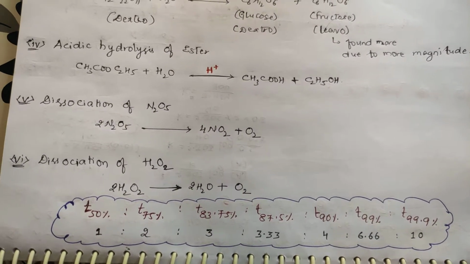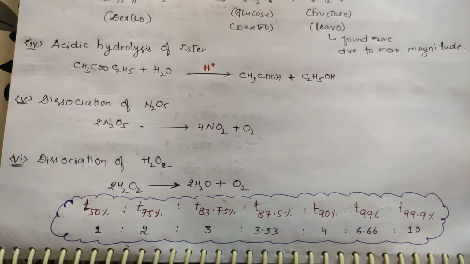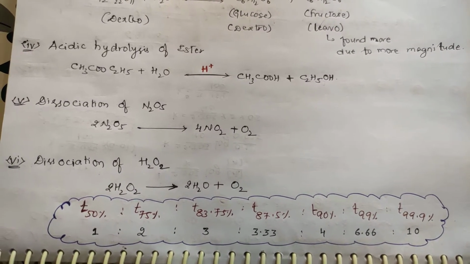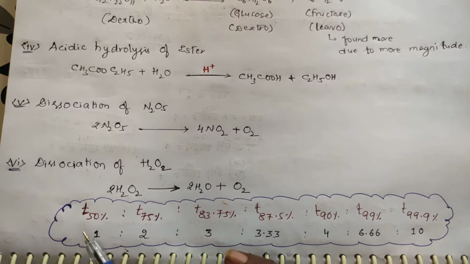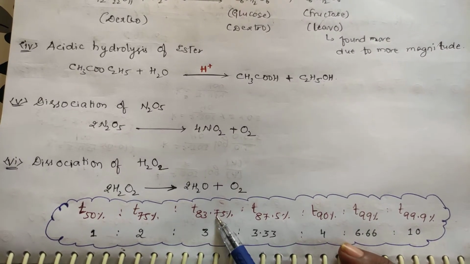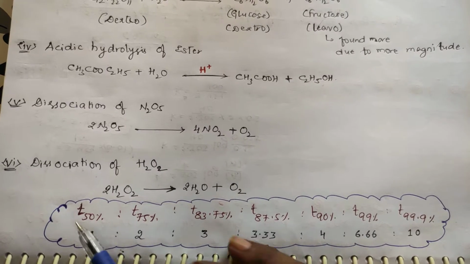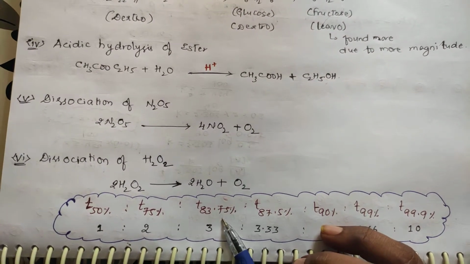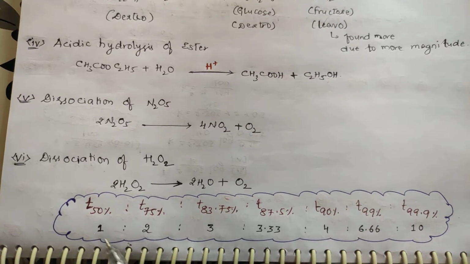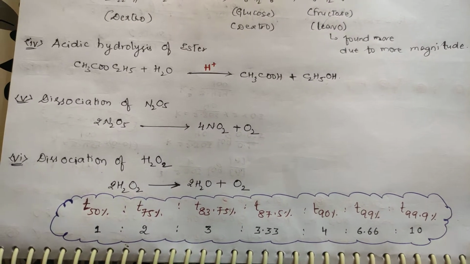Okay. If the time taken for T50 completion is 20 minutes, find the time taken for T87.5. Then T half by T87.5, you can take it as 1/3. Okay, T50 has been given as some value, 10 minutes or 20 minutes, and you can find the value of T87.5. Getting me? Generally these are the things that will be asked in the exam.